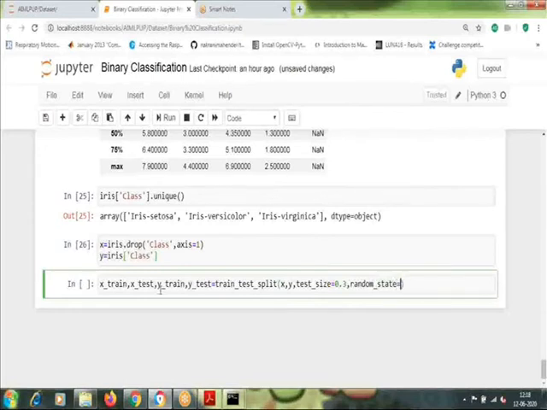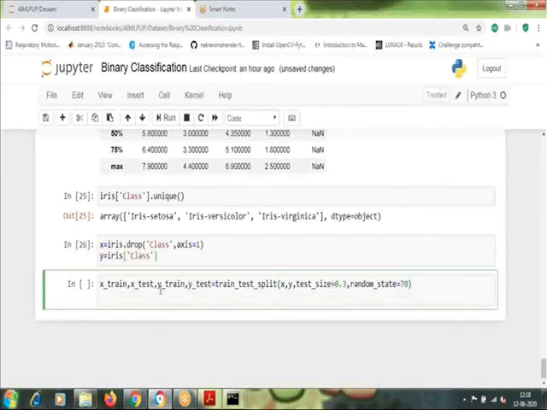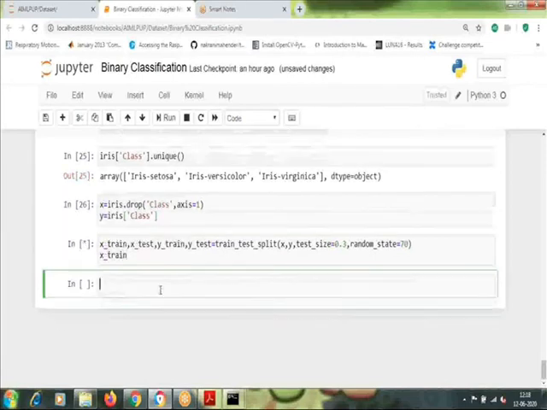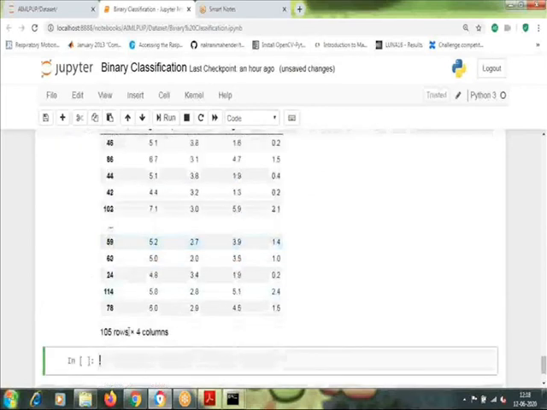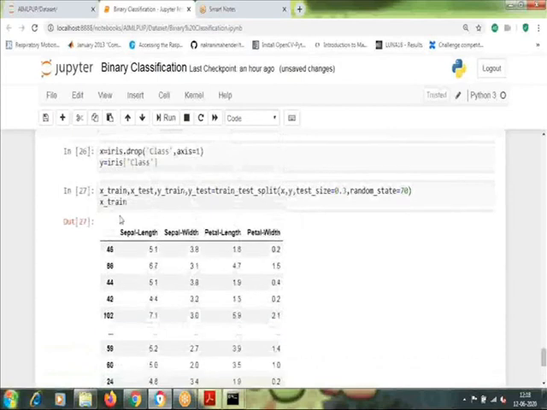Any state you can mention, it just randomly selects differently, and I'm going to just print xtrain. So you can see randomly selected, only out of 150, 105 rows were selected. So again we have used the same train test split here.